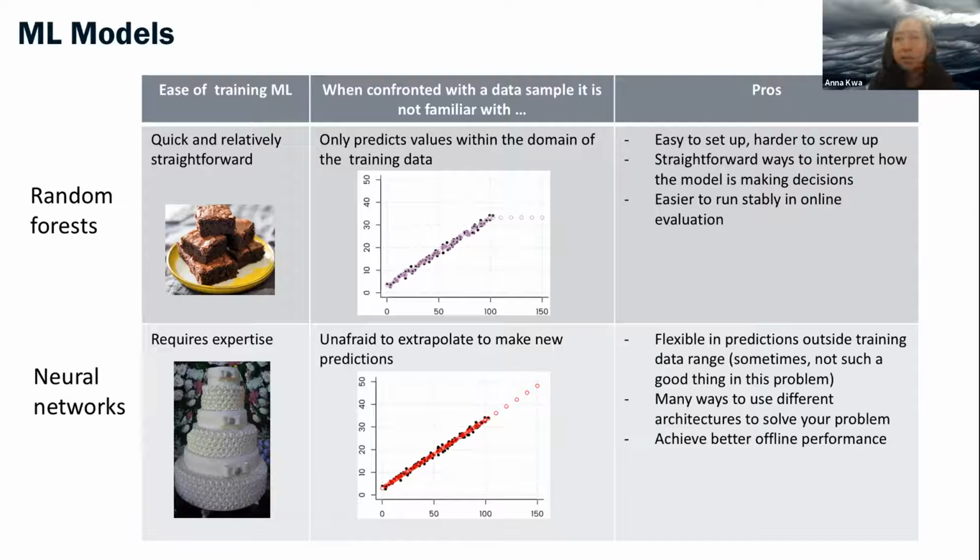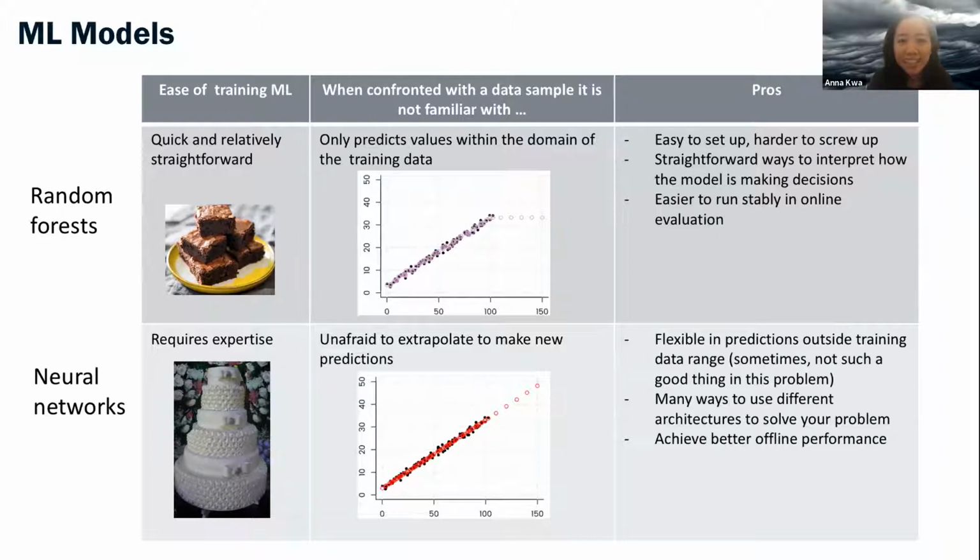Whereas for neural networks, it's a little more hand tuning and setup involved in the beginning. But we can also get a neural network that runs in a simulation. And the big important thing to note for these two different models is that property of random forest, where they don't really extrapolate outside of the domain of the training data that they've seen. Whereas the neural network will bravely extrapolate if you give it a new point that it hasn't seen before.